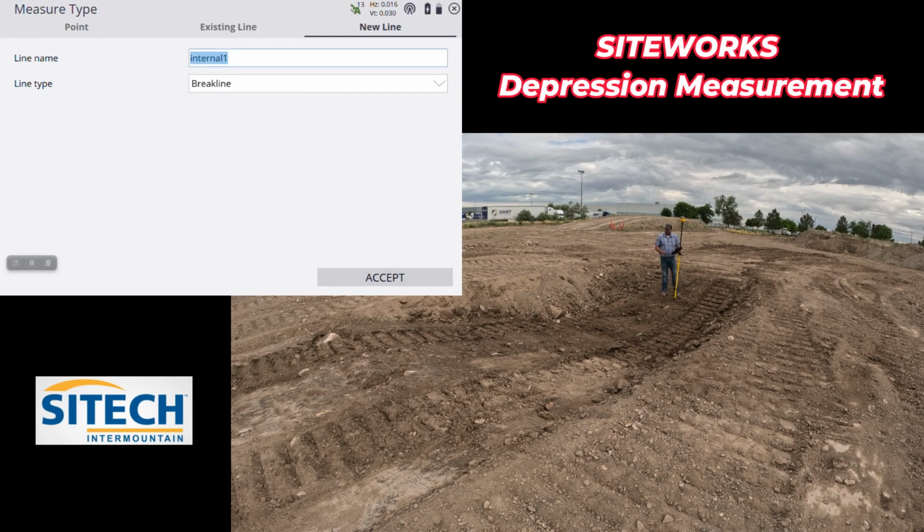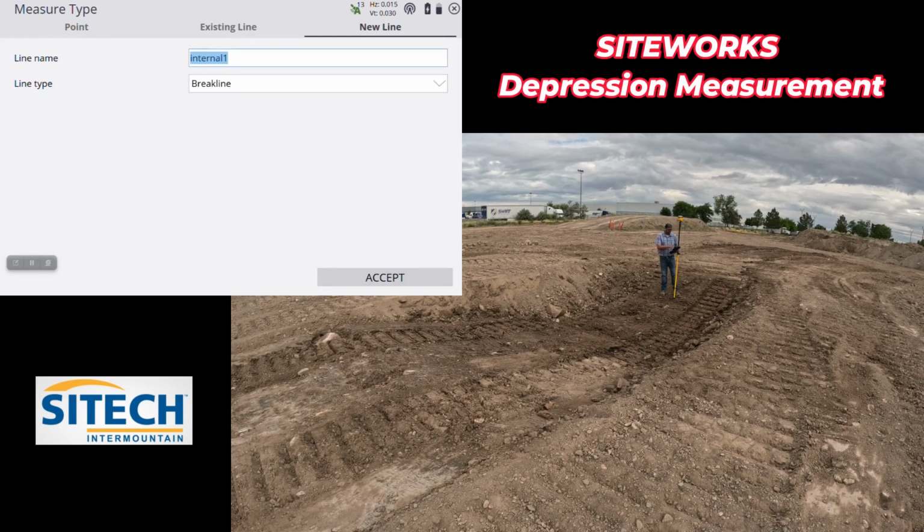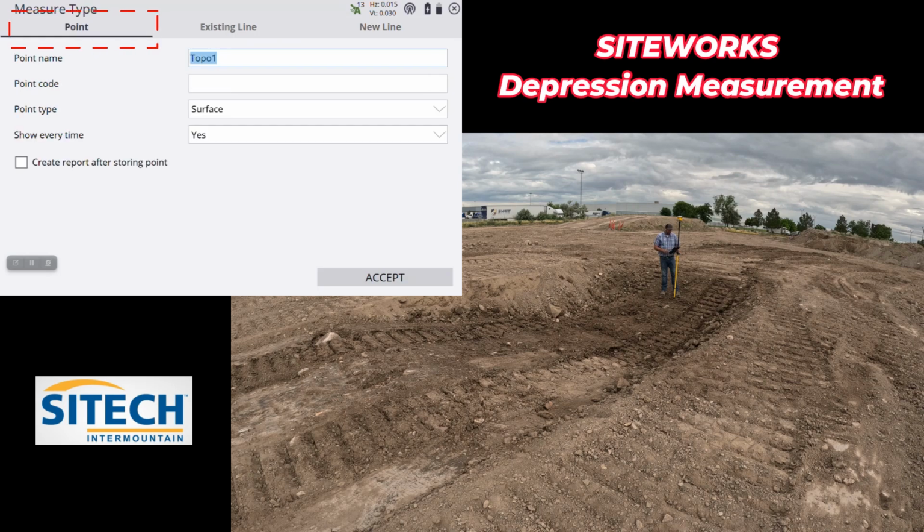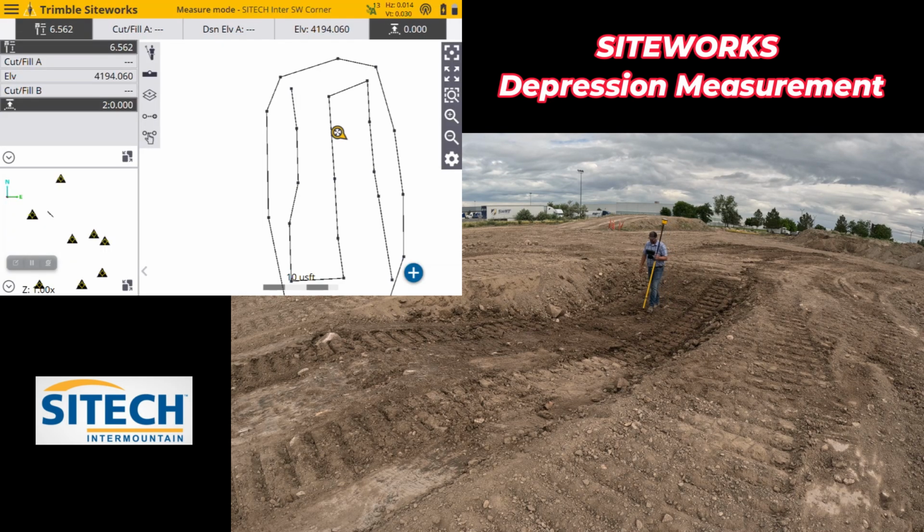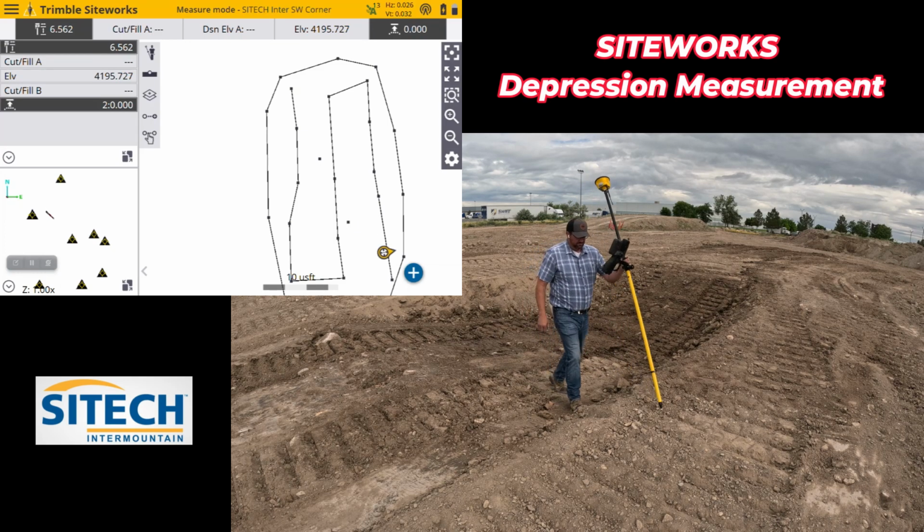I don't need to make any single points in here, but just in case you do, you can go to that point tab on the top there, do the same thing. Just go ahead and name it whatever you want. I just call it internal, but right here for point type, I'm going to leave that as a surface, not as a feature. And I'm going to go ahead and drop this to no, so it doesn't ask me every time. And I am going to shoot just a couple surface points in here, just to show you that it will run off of that also. And there we go. Now that that is done,